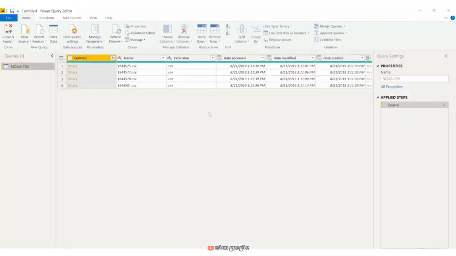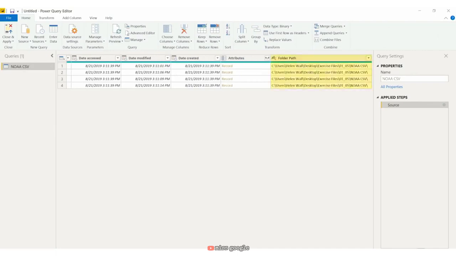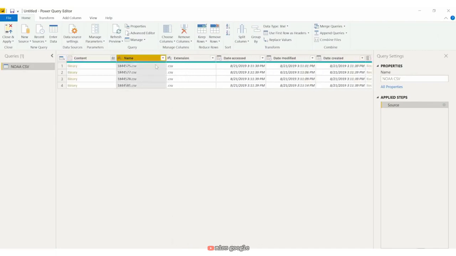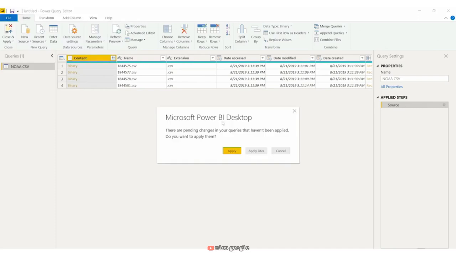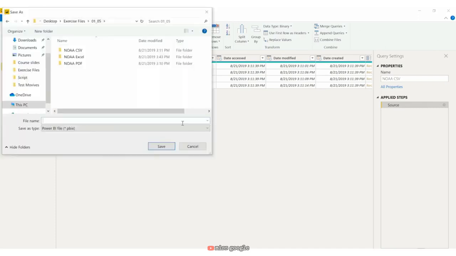We now have a table that shows a row for each file name. The folder path appears last in the columns, and the second column shows the name of the CSV file. The first column is called Content. In the Content column, we can access the files through the binary hyperlink. Later, we will walk through how to transform these 4 separate lines into an entire data set. But for now, we're just going to save this as a NOAA CSV Power BI file. We will apply these queries later,